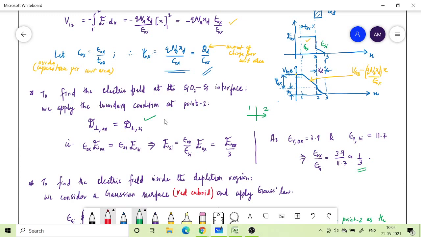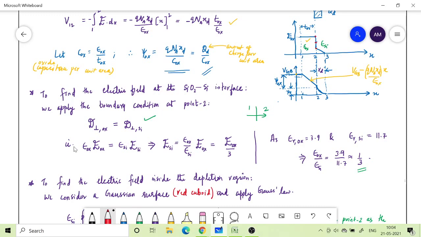So that is what I am showing here. If you look at this diagram, I am dividing this into 3. This is my electric field inside the oxide. If I divide it into 3 equal portions, then only 1/3 of that is going to be inside the silicon, just at the boundary. After that it is going to change, and that we need to find out with the second Gaussian surface. Okay, so to start with, we should know what the electric field is at the edge of the semiconductor, near the interface.